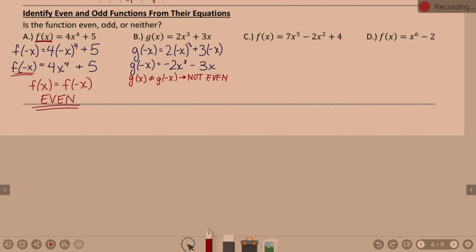Now, am I done with the problem? No. No, because now we've got to test and see if it's odd. I just know, and it's not that you have to write down "not even," but that's just kind of what my brain's thinking: okay, it's not even. Now I've got to check odd. So to check odd,